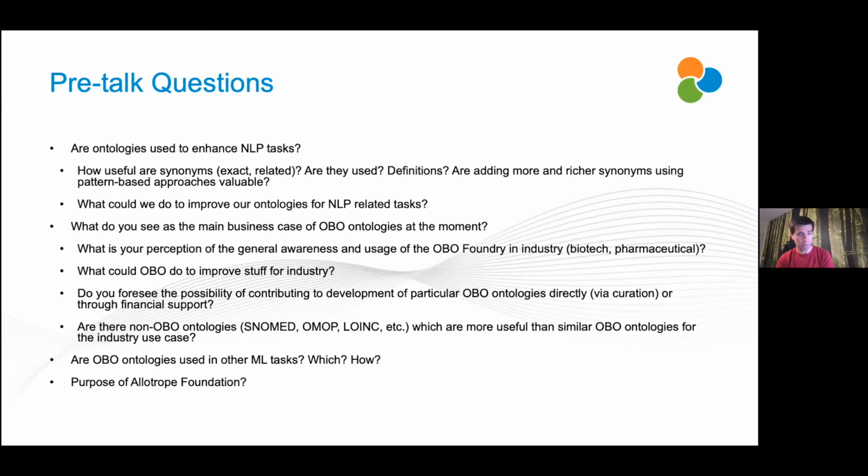And actually, I've previously talked at length, including with Nico, about this idea that I've banged on about for years at the EBI's industry program: a term marketplace, a single point of entry where, if you're a person in whatever industry with a term, you go, I don't know where this goes, but I'm going to submit it to the OBO Foundry. They will deal with it for me and it will end up in the right place. And then I'll get a notification to say your ticket's closed, we've added your thing for you.